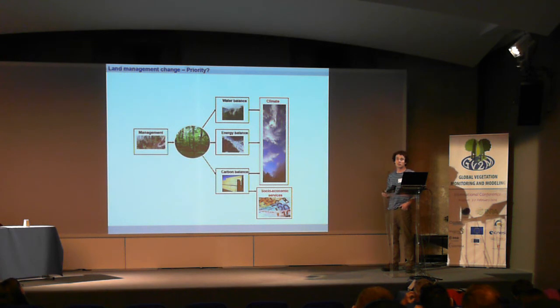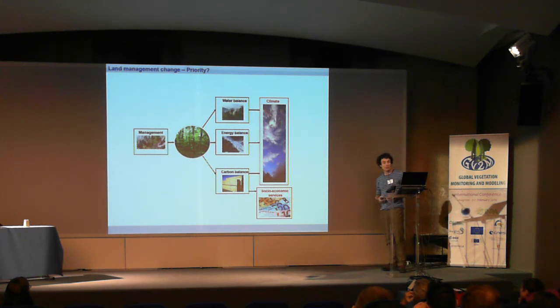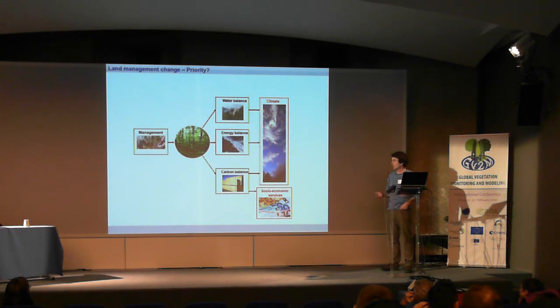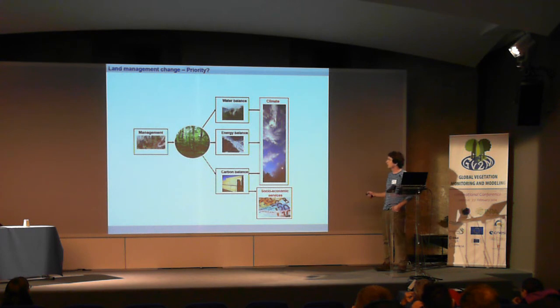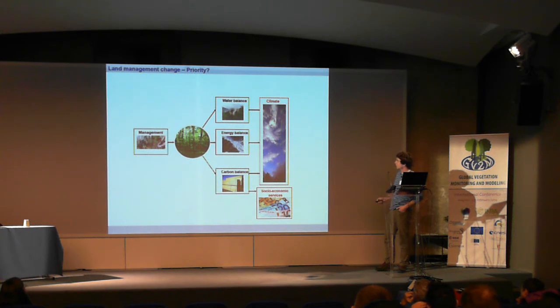But it doesn't mean that we're not clear in the definitions and that there are processes happening in the real world that are not included in the models, that are important and that we should make a priority. So that's the next part of the talk. I would like to discuss whether we should make this a priority, whether we should invest time in this. And it's clear, I think, the classic approach of thinking of Earth systems and Earth system models is that we're interested in the climate, and there's also some interest in the socio-economic services.